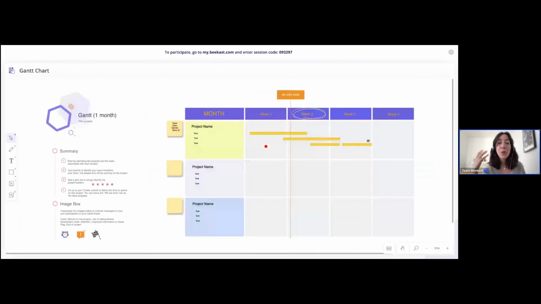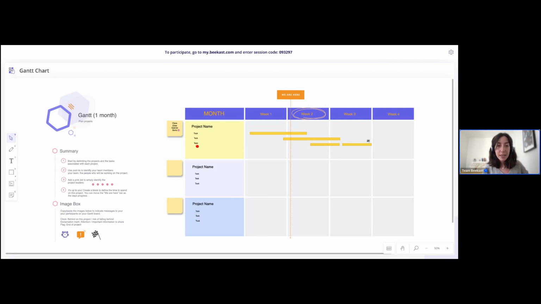All right, moving on to our final activity template. This is the Gantt chart. I think a lot of people here may know what the Gantt is. For those of you who don't, no problem. It's very project management oriented, and this is a template that allows you to follow up on multiple projects in a month. Here you will have your main project name, and then in this project, you will have